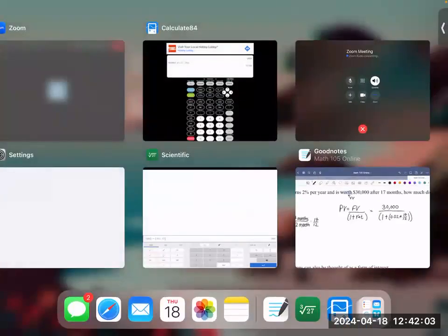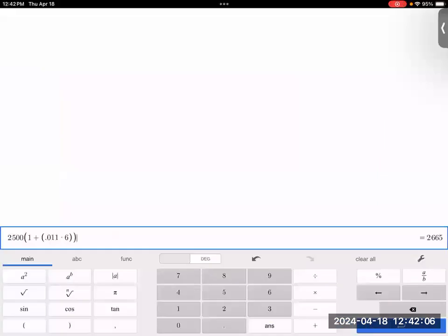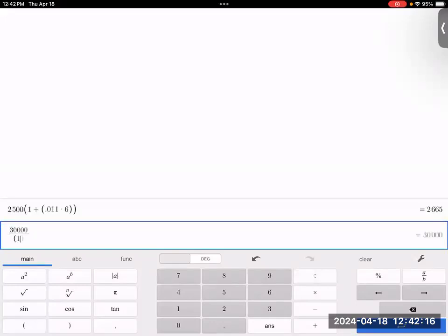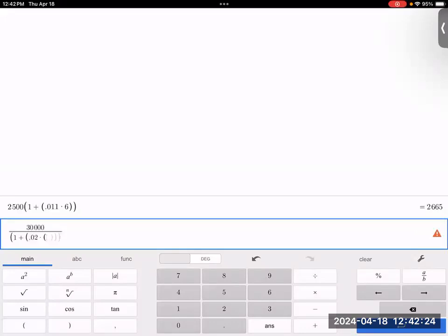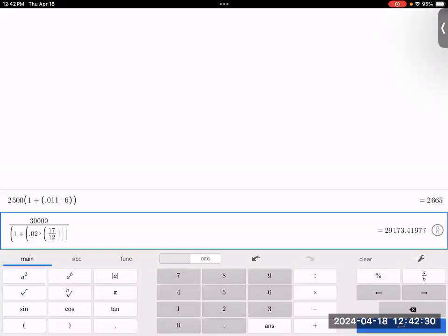All right, I'm going to switch to this calculator. Notice that you can just hit enter and it'll pull up your own. We said 30,000 divided by 1 plus 0.02 times, and I would put parentheses again for any sort of division, 17 divided by 12. And what's nice about Desmos is it tells you how many parentheses to close. Sometimes your calculators don't always do that automatically. So we have